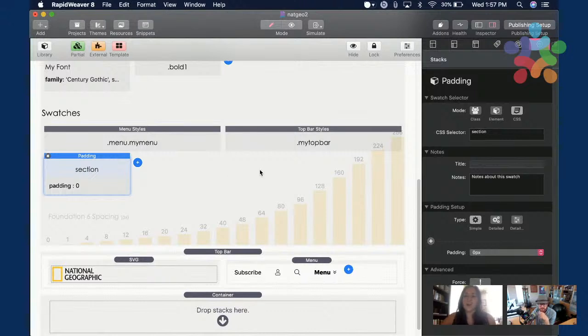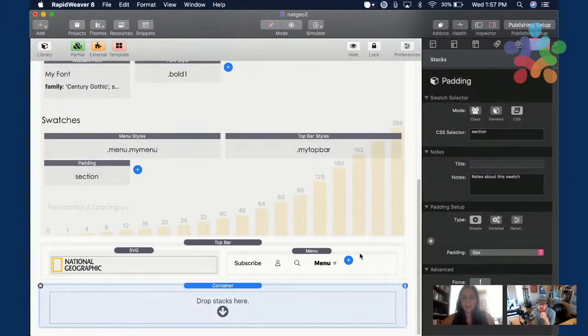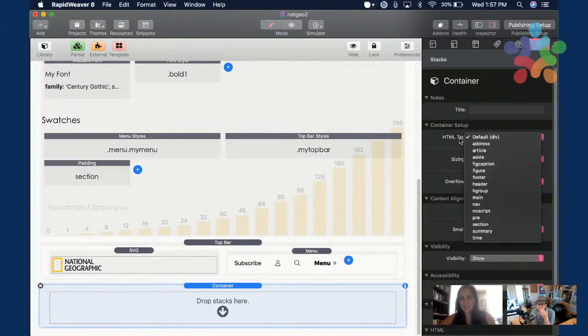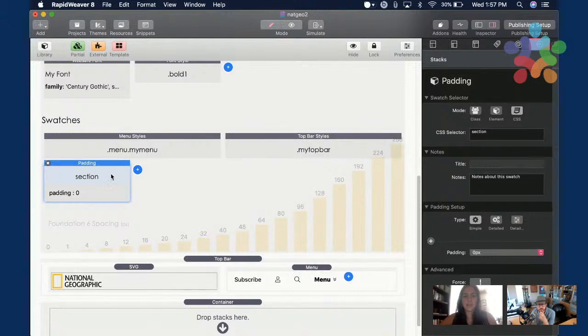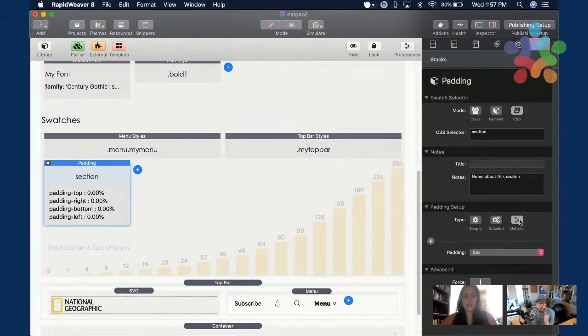I use this a lot. It's just so much easier to add the exact same amount of top and bottom padding to every container that has the HTML tag as a section. So you'll see that in a second when I finish editing this swatch.